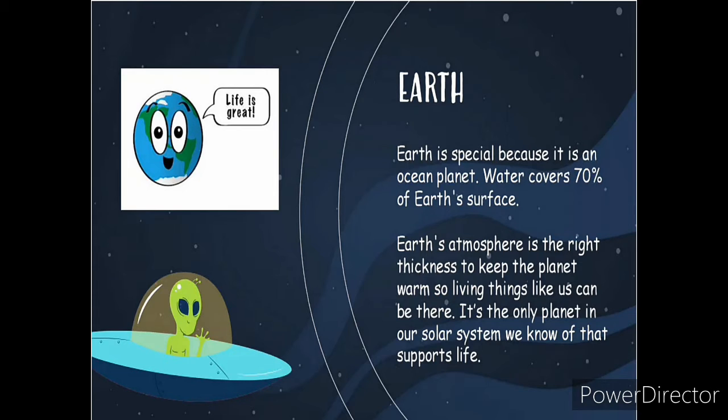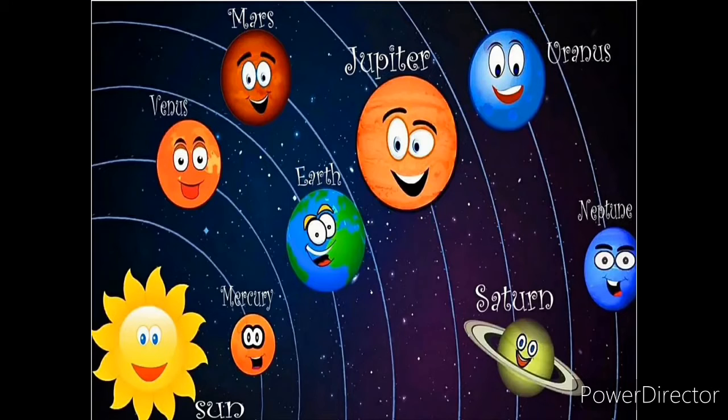Now the Earth's atmosphere is fine. It is not too thick and it is not less thick also. It is fine. Why it is fine? It is in the right thickness so that the planet gets warm, that the planet does not get too warm or too cold for the living organisms which are living inside it. And Earth is the only planet in the full solar system which is having life,